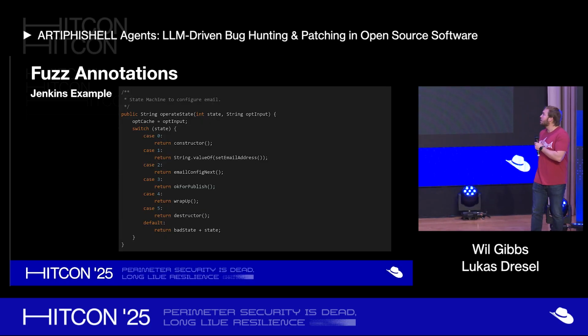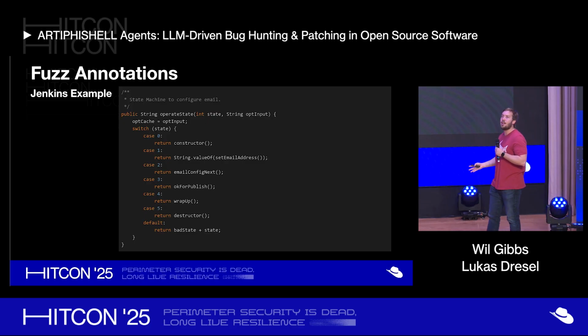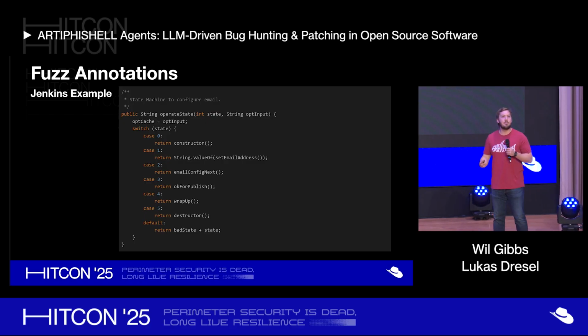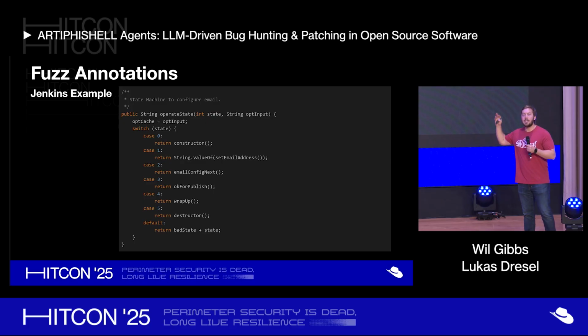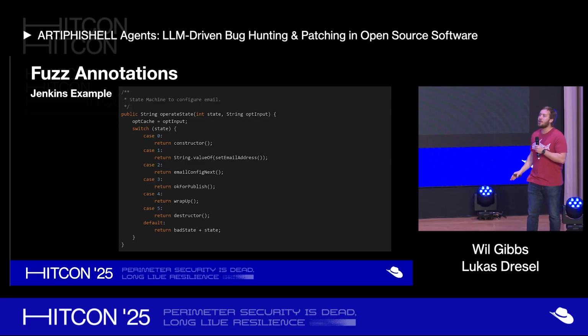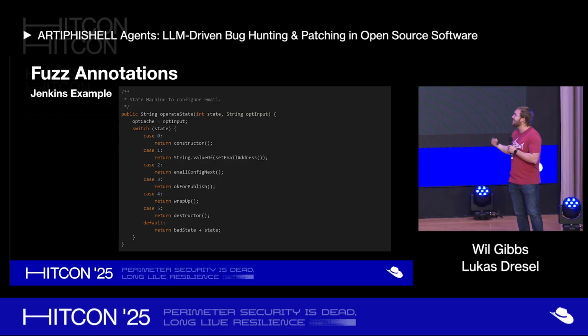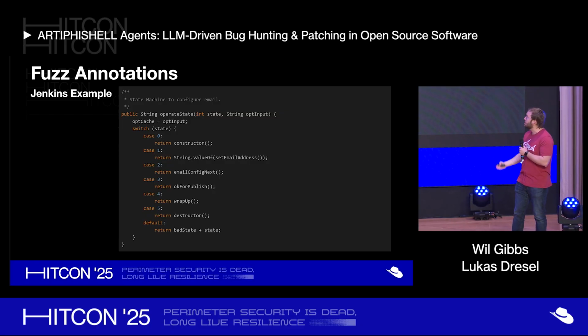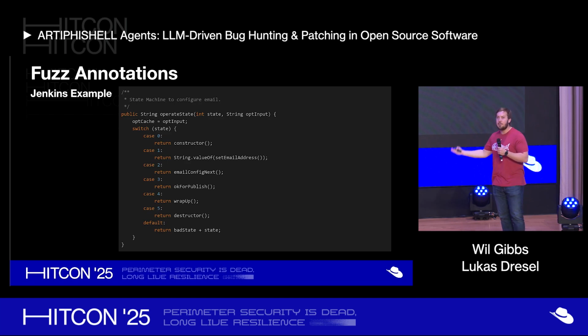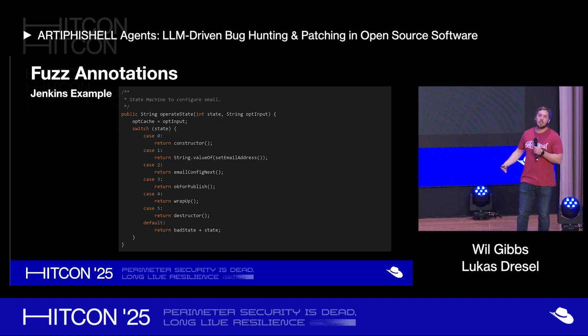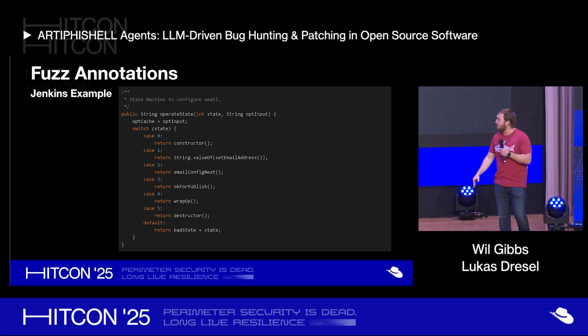So here's a quick example from the semifinals challenge of the Jenkins email plugin. Ultimately, it was reduced to a switch statement run in an outside while loop, where the programmer intended you to execute these tasks sequentially to generate or configure an email, going through steps 0 through 5.